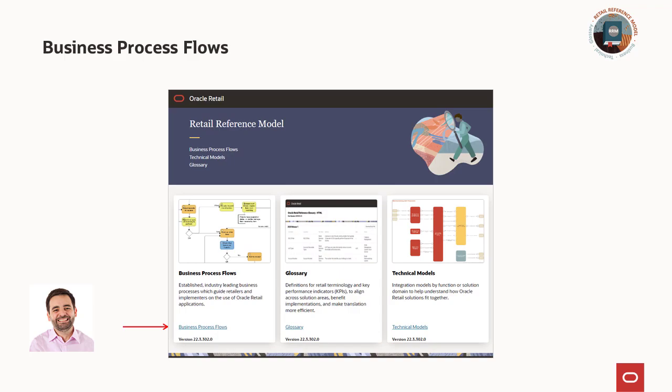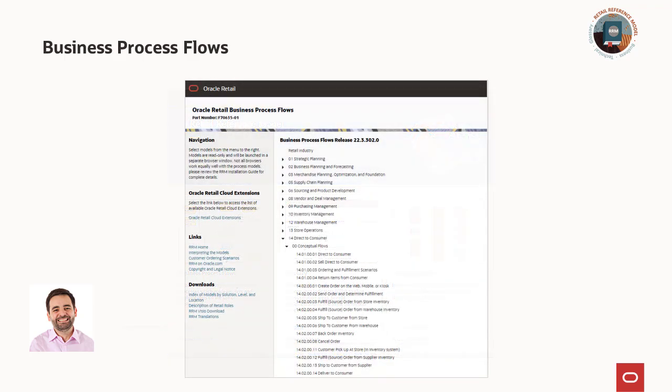Brian begins with the business process flows. Brian reviews the list of conceptual flows for the direct-to-consumer business process flows and finds the process in which the order is sourced from the supplier inventory. All process flows have a unique naming convention such as